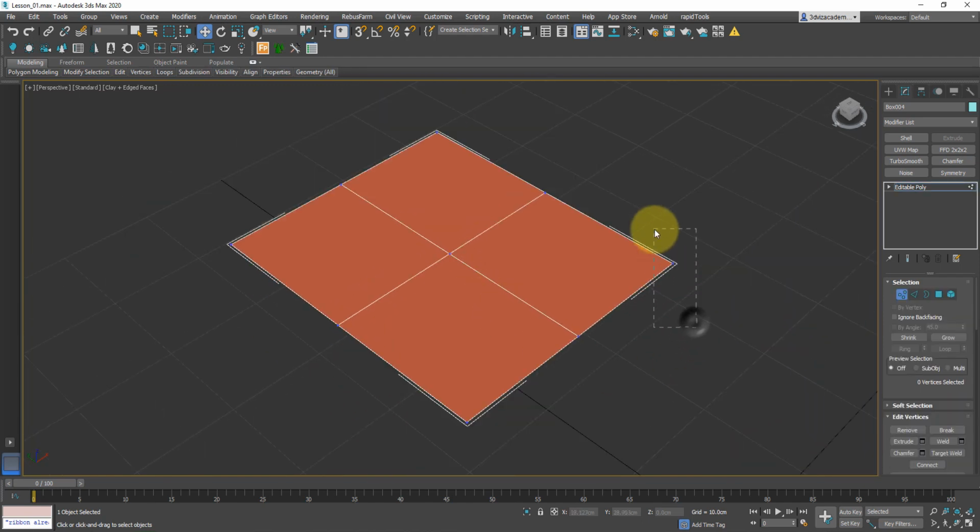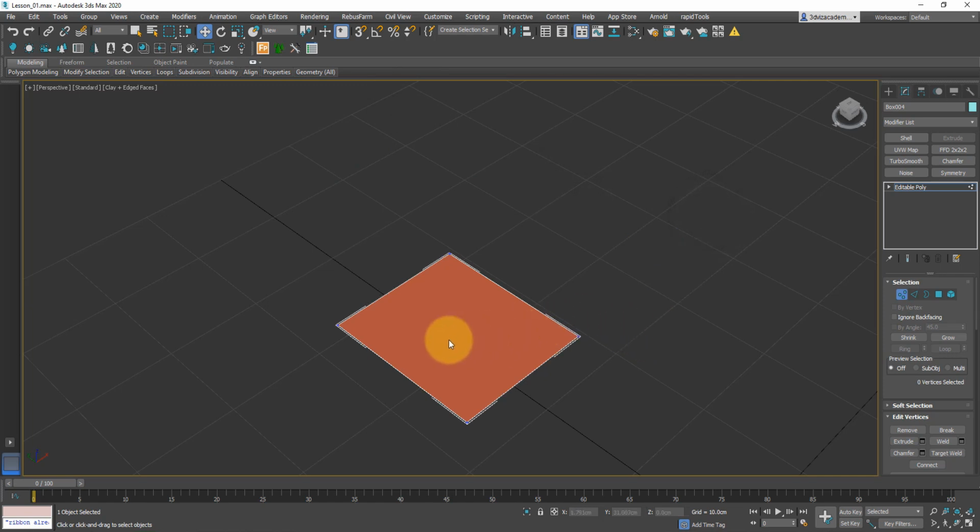First of all, we've got first sub-object level called vertex. Vertex is a point in space which can be connected with another point with edge. So this is edge. Edge is going to connect one or more pairs of vertices. If you create multiple edges that connect to one another, you will create something that is called a polygon. Polygons